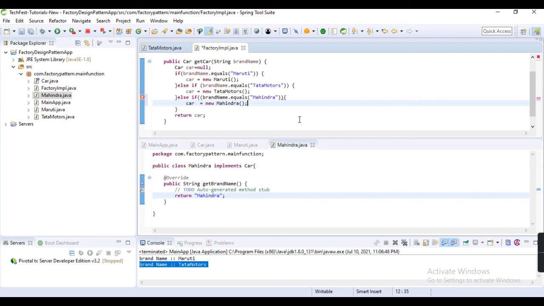That's it. This is the particular code implementation we have to do.